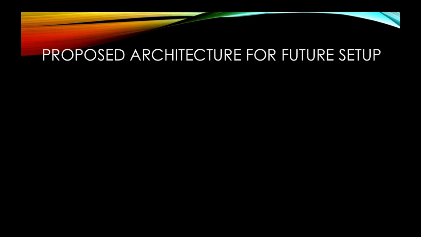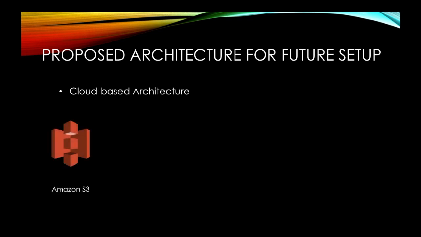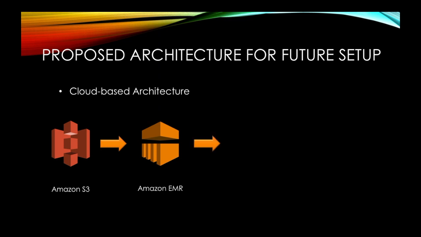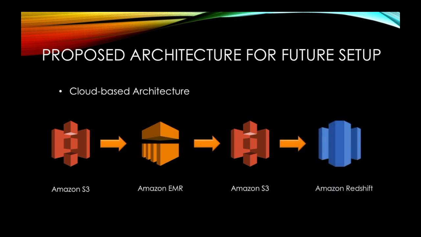Now let's see how this setup can be scaled when our data goes into terabytes or petabytes. First we'll look into a cloud-based architecture. We can utilize services provided by AWS for this. We can use AWS S3 buckets to keep our data dump. Then AWS EMR, a service which provides a managed Hadoop framework, can pick this dump and process it. And we will place it back into S3 buckets after the processing. And finally, AWS Redshift can pick those files and load them into the database.